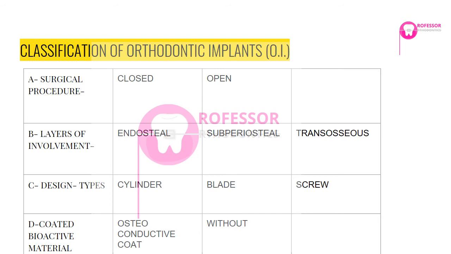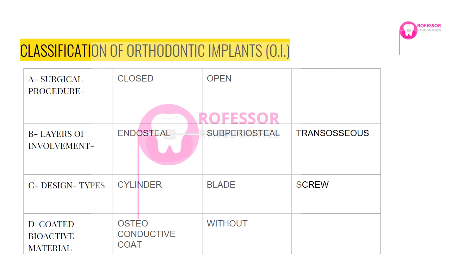They can be plasma coated or without any plasma coating. Most orthodontic implants come under the without category. Now going back to the surgical procedure, most of the orthodontic implants that we use today are under the screw category and are usually placed without any surgical exposure. In the sense, the procedure is done in an outpatient department, right on the dental chair. No general anesthesia, no admission is required, and it is a non-extensive procedure. So they come under the closed category. The screw type implants, the stat implants, come under the closed category without any surgical exposure. The orthodontic implant can be directly placed.